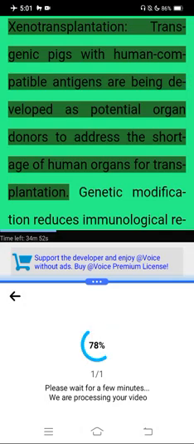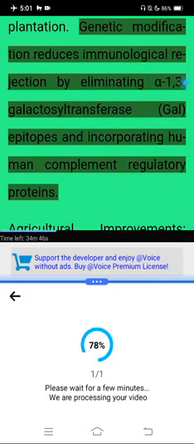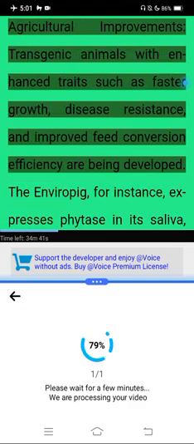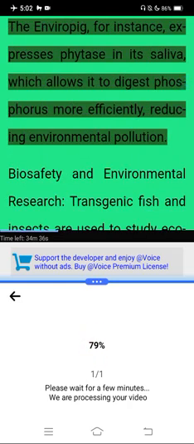Xenotransplantation. Transgenic pigs with human-compatible antigens are being developed as potential organ donors to address the shortage of human organs for transplantation. Genetic modification reduces immunological rejection by eliminating alpha-1,3-galactosyltransferase (the gal epitope) and incorporating human complement regulatory proteins. Agricultural improvements. Transgenic animals with enhanced traits such as faster growth, disease resistance, and improved feed conversion efficiency are being developed. The EnviroPig, for instance, expresses phytase in its saliva, which allows it to digest phosphorus more efficiently, reducing environmental